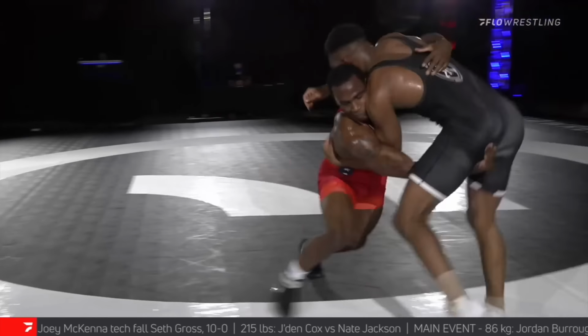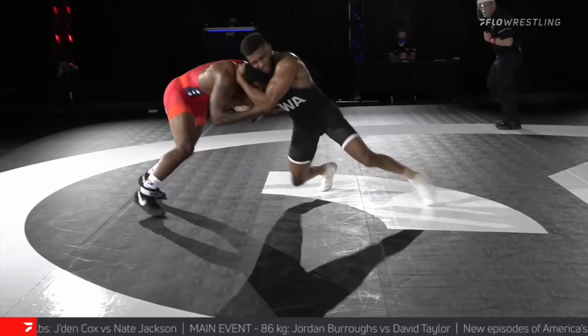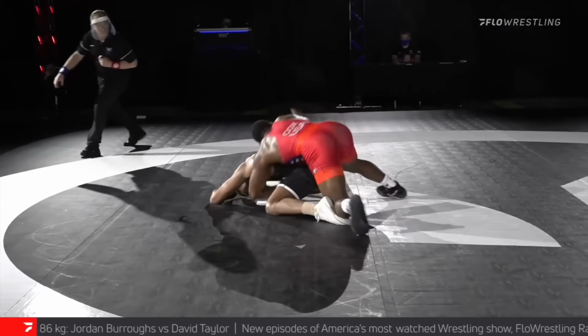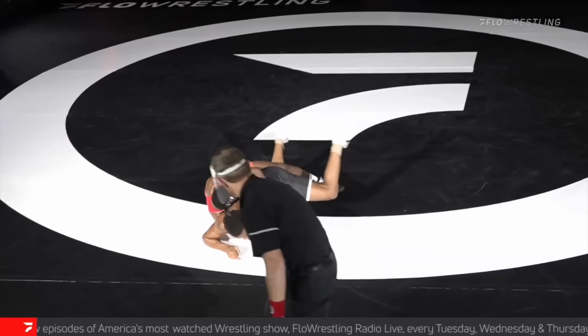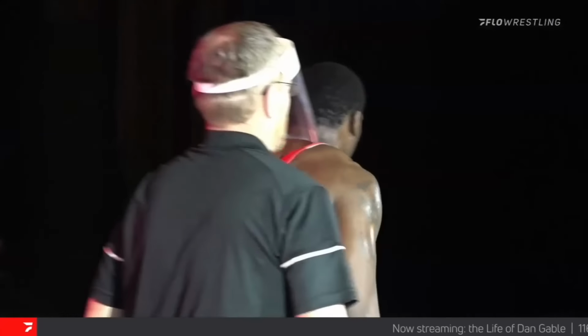There it is, that underhook, and there's that Navy, if you want to call it that. He went in between the legs, and this final little throw tries to catch the Wizard, but it just wasn't happening, and the final score is actually going to be...